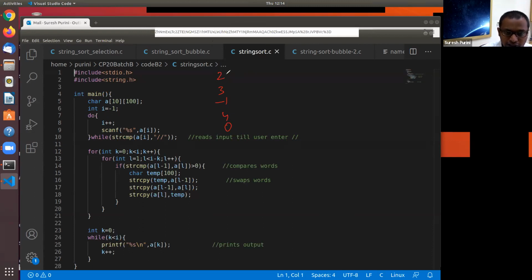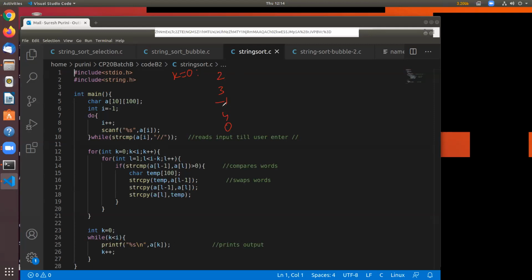What we do is, in the first iteration, for k equal to 0, there is an inner loop. You set k equal to 0, and then